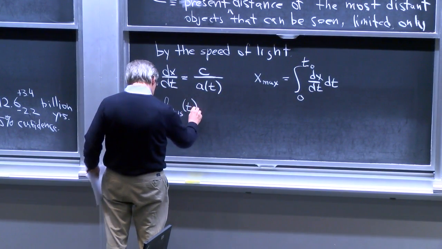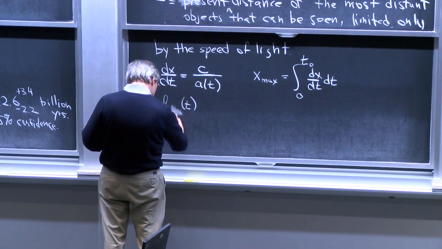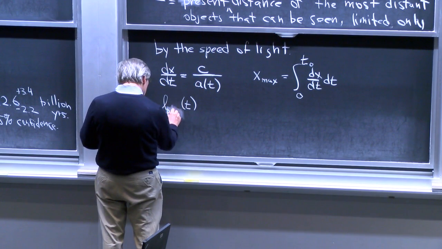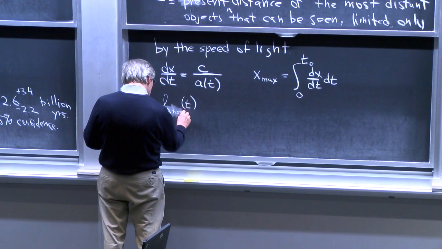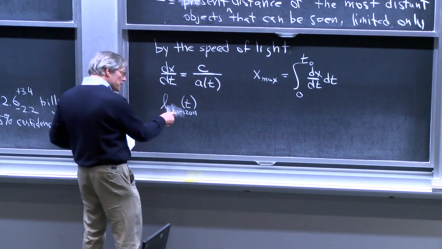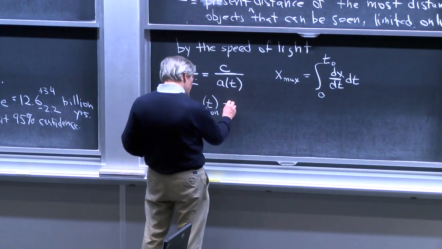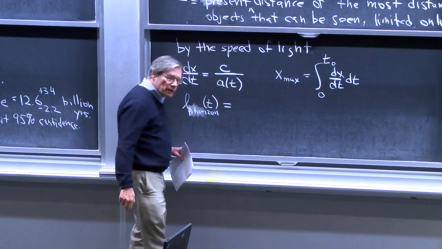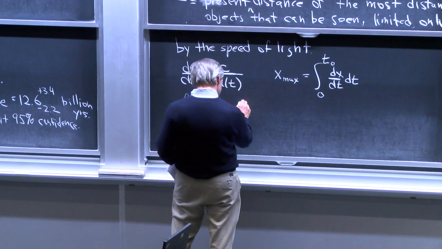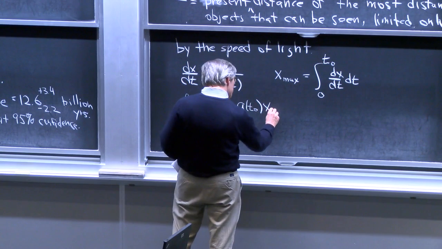So the answer to our problem, which I will call L sub p of t. I'm sorry, I want to get the word horizon into the subscript someplace. So I'm going to call it L sub p comma horizon, which means the physical distance to the horizon at time t, is just equal to x max that we have here times the present value of the scale factor. So it's a of t naught times x max,